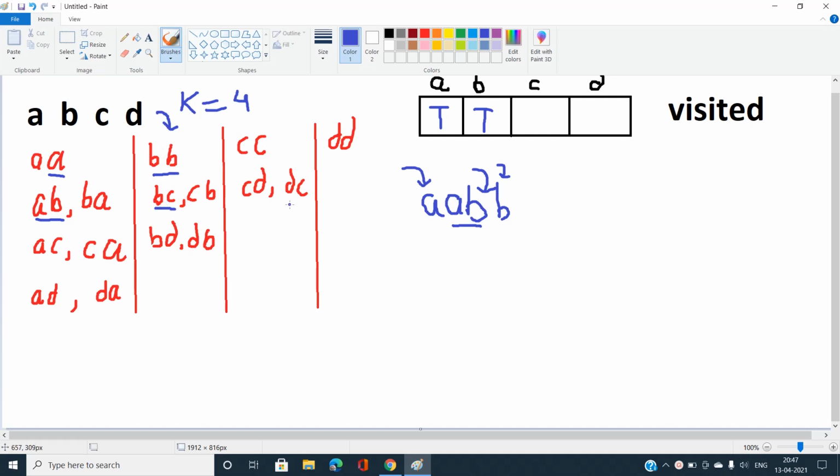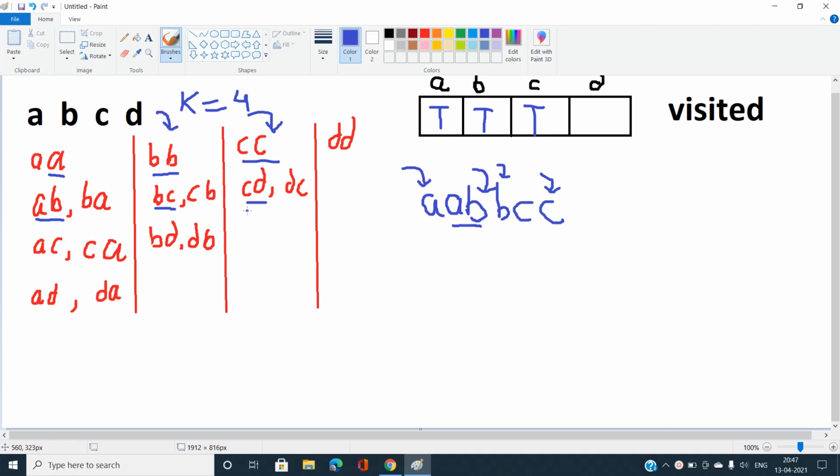If I'm in the BC, you can see I've taken this C, and still C is not visited, mark this as visited, and come into its adjacency list. Still CC is not printed, just mark it as CC, and now move to the other one, that is CD, because you can see the last visited character is C, which is already done. So I'm not going to come again into C.